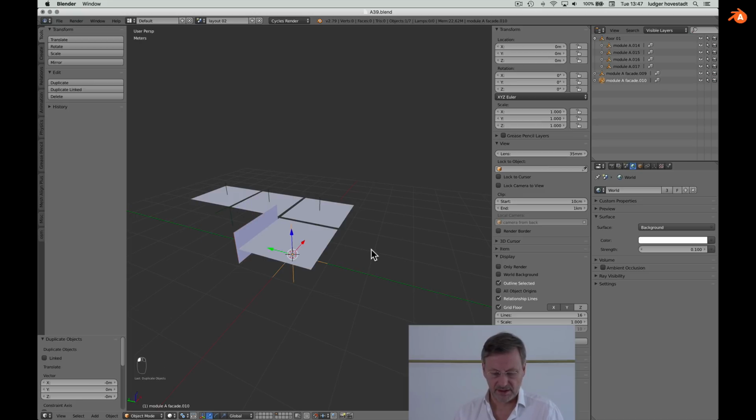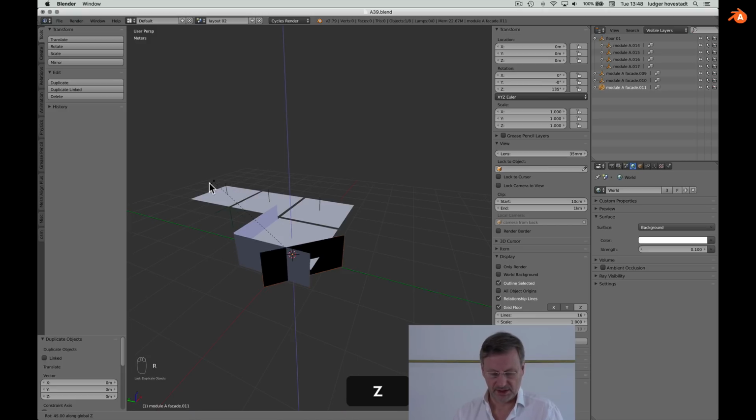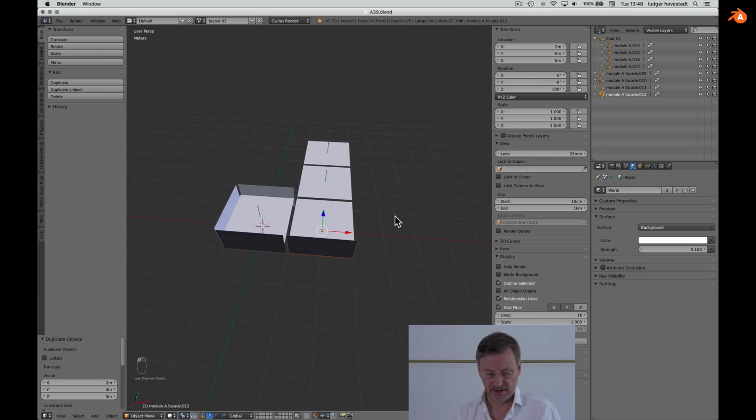Duplicate, rotate Z, duplicate, rotate Z, duplicate, X,